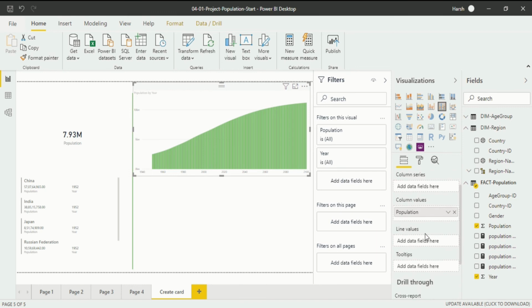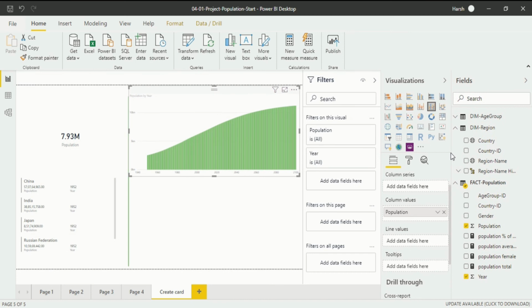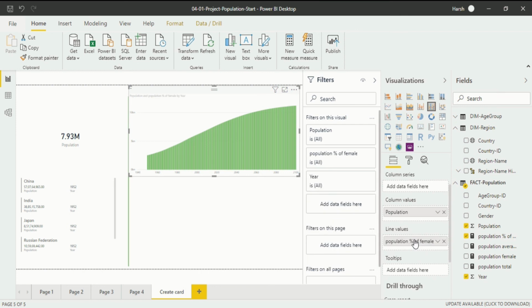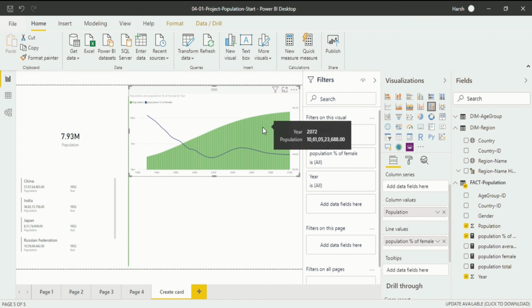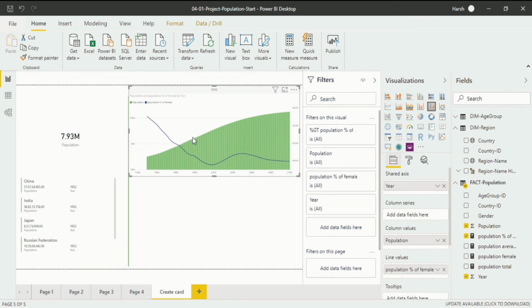After that, we have to give a line value. For the line value, I have told you we are comparing it with percent of female in that year. So we have compared and calculated it. Increase the size. You will know this one, population percent of female in a specific year, which we have compared. And if you want to learn how I developed this column in a new measure section using the DAX language, you can go to my previous video and see how I created this. Now I have to drag and drop it into the line values because this is another axis which we want to develop. Now you will see this is how the data looks. This is how you will create a combined visualization.